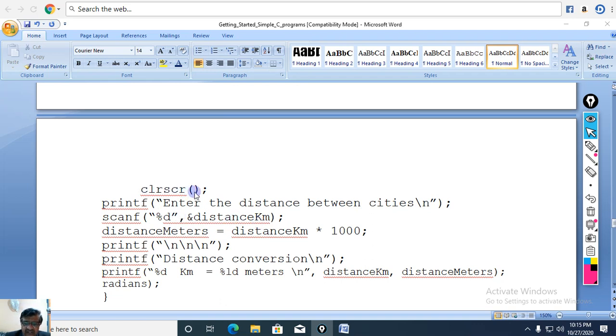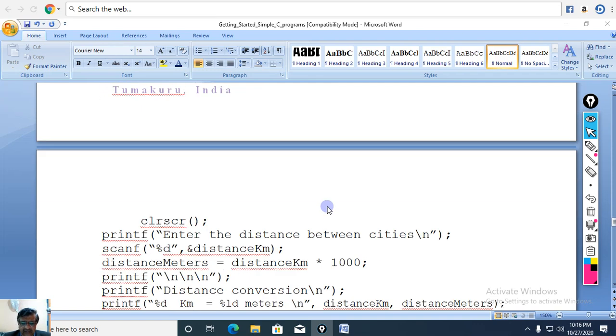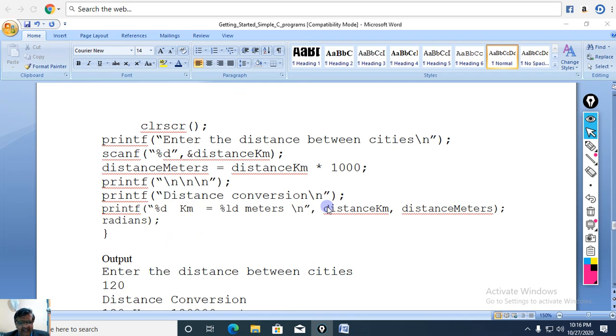Clear screen is a function which will clear the screen. Successive execution of the program will never leave the things that were traced in the earlier program, the things that would appear on the screen. So every successive running of this program will leave us an empty screen. That is very interesting to work with, a clean slate like thing. It is something like rubbing the slate or clearing this slate, clearing the screen here.